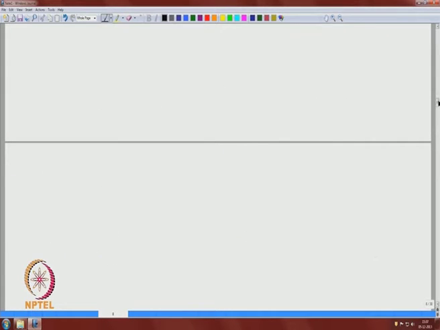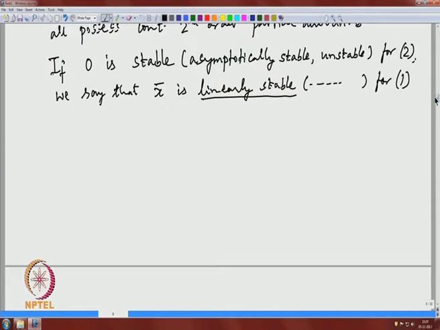And this analysis is called linear stability analysis. So, it is not only done in case of ODEs, it is done in PDEs and even more general equations in infinite dimensional spaces, linear stability analysis,